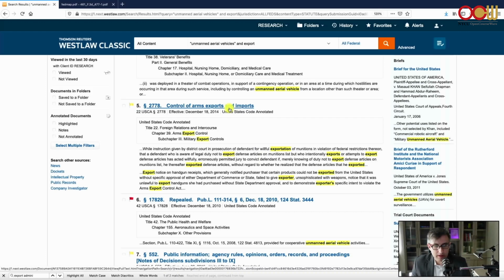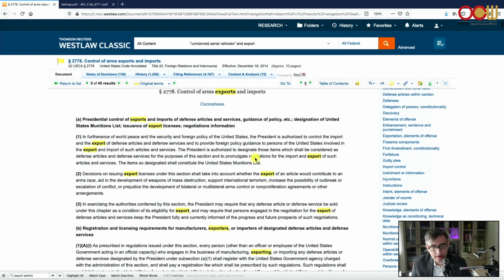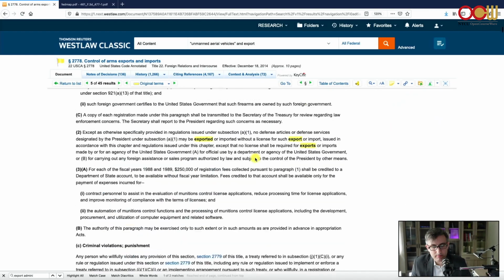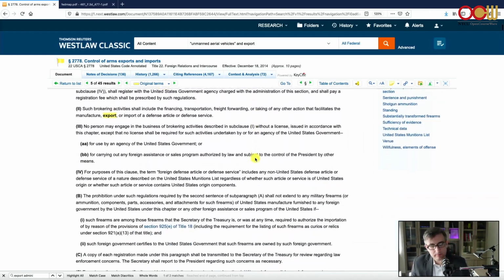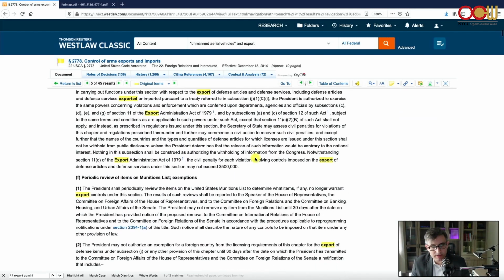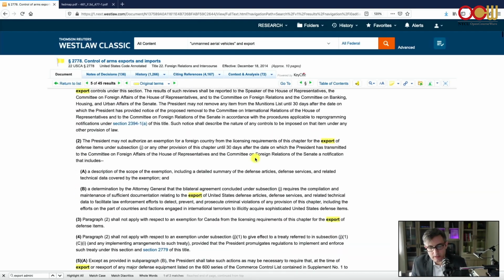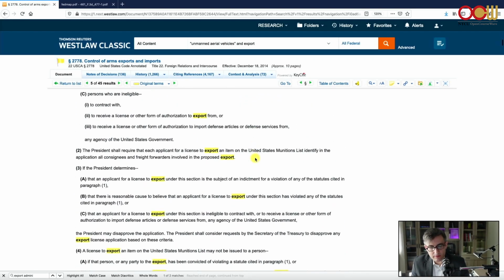And if we look at Title 22, the export of arms, this is what you might have heard of as ITAR, but this is the statutory provision. This will relate to unmanned aerial vehicles.